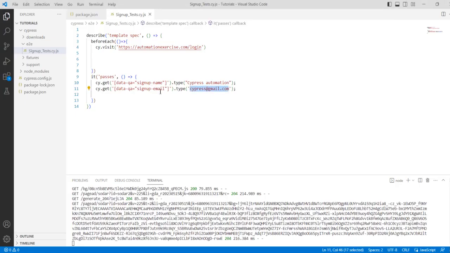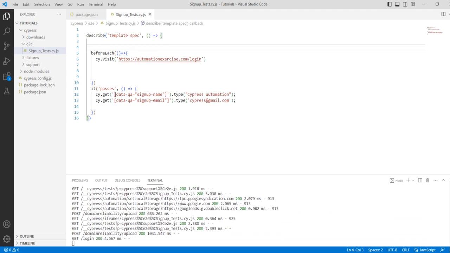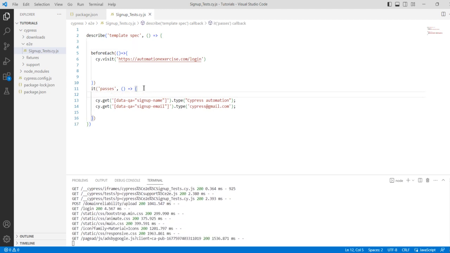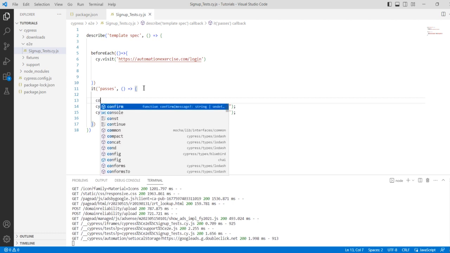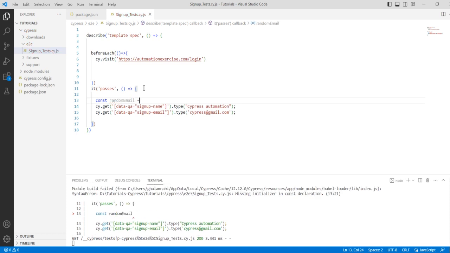We just need to create a constant here. You can create it in our before each method. No, it will not be in the before each method. You can also do it here before each method, or you can also do it here. So just add a constant here. For example, we are creating a constant here, name it random email, and set it equal to